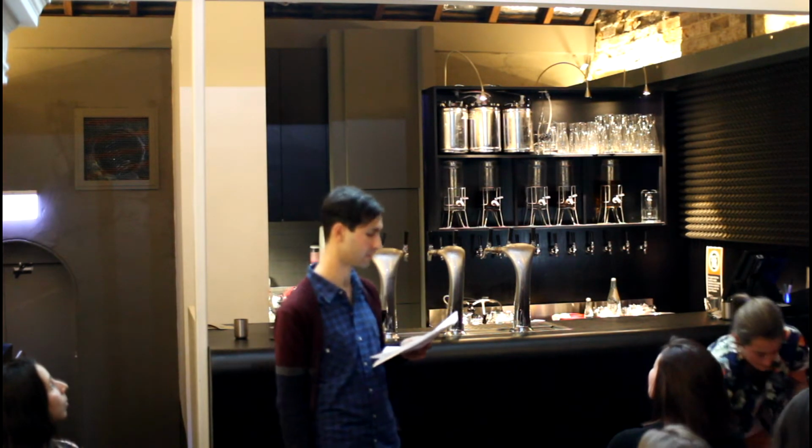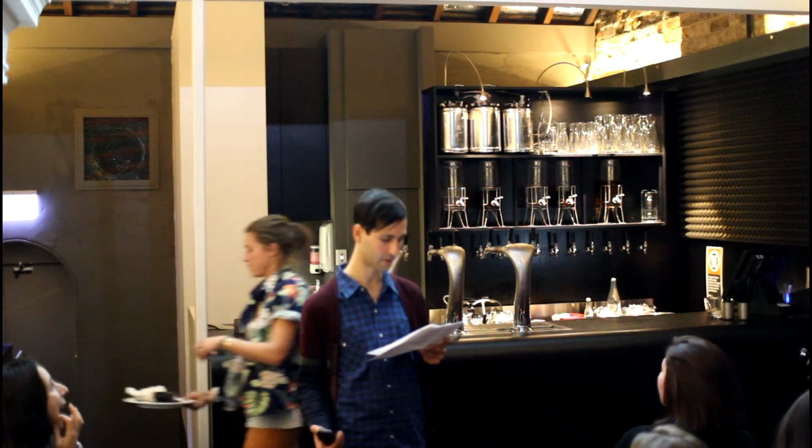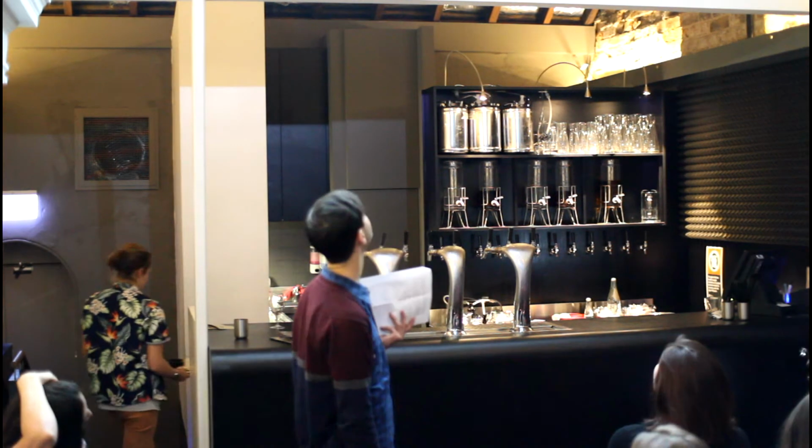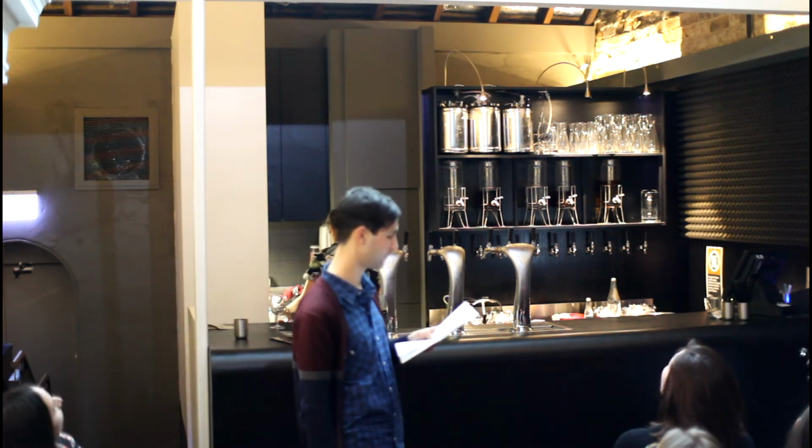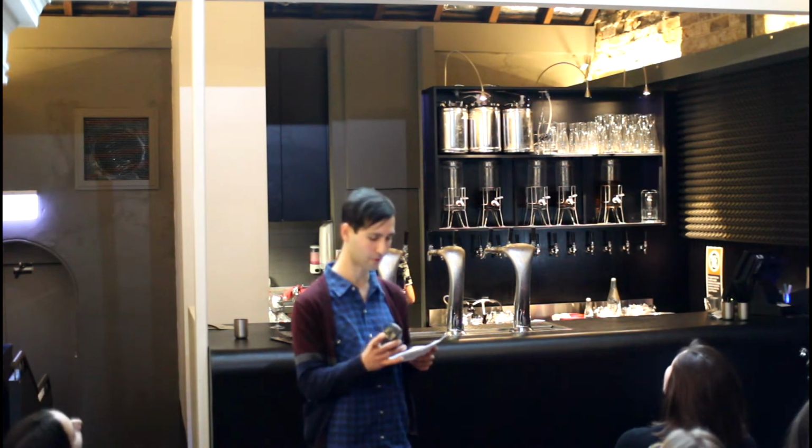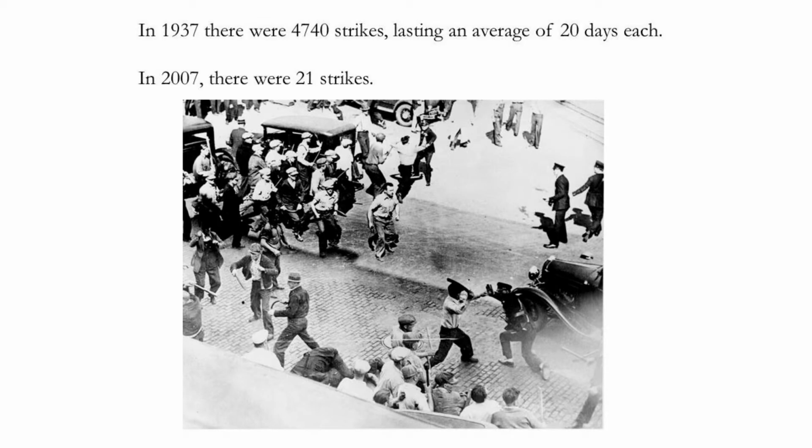And it was quite violent at the time, and there were many demonstrations. And just to give you a sense of how active it was, in 1937 there were 4,740 strikes lasting an average of 20 days each, and they had